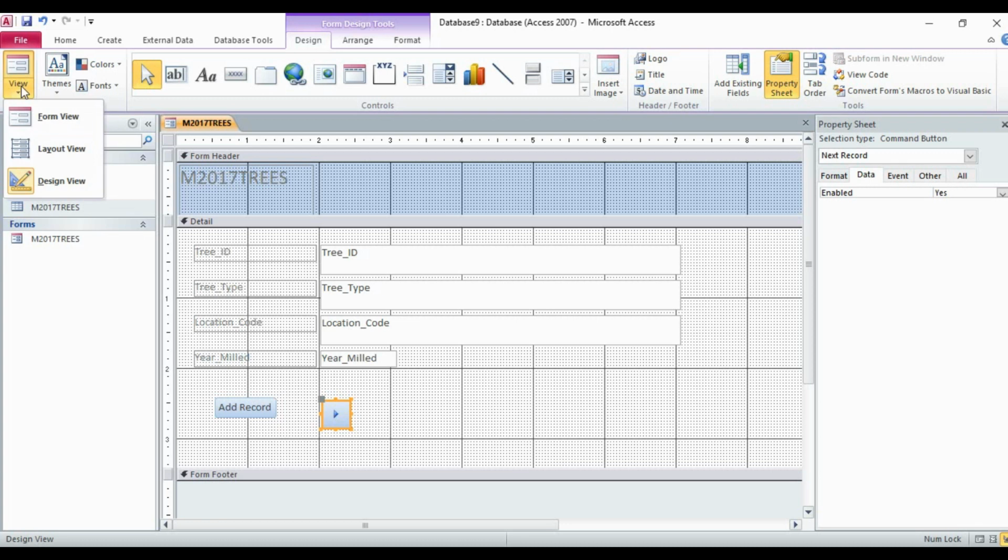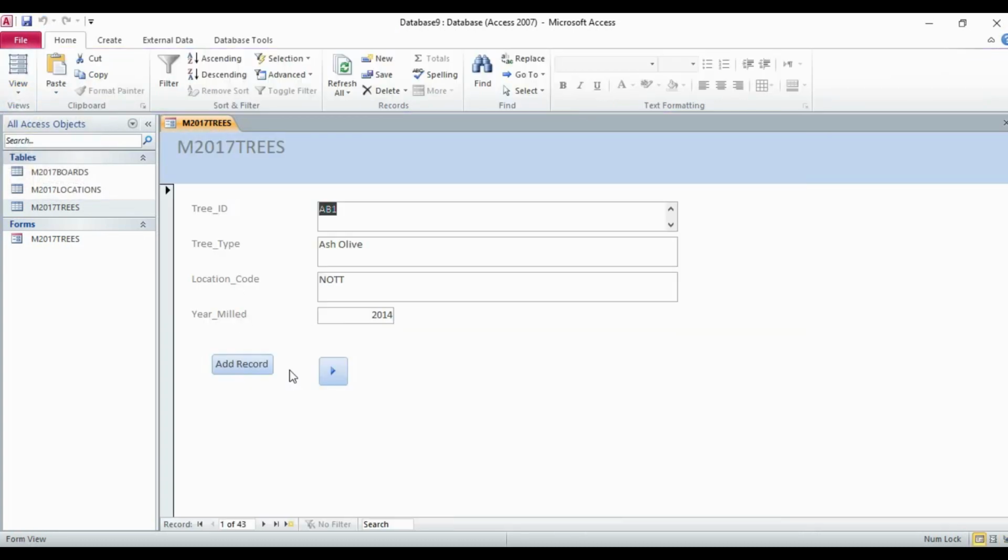Click on view, click on the form view. Now when I simply click on this, you can see this next record. This is the name we have given to this button, so it will give an idea to the user what the use of this button is.